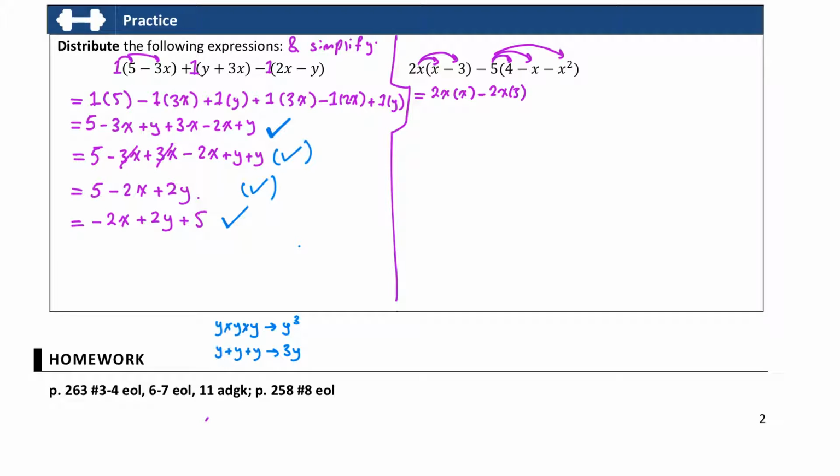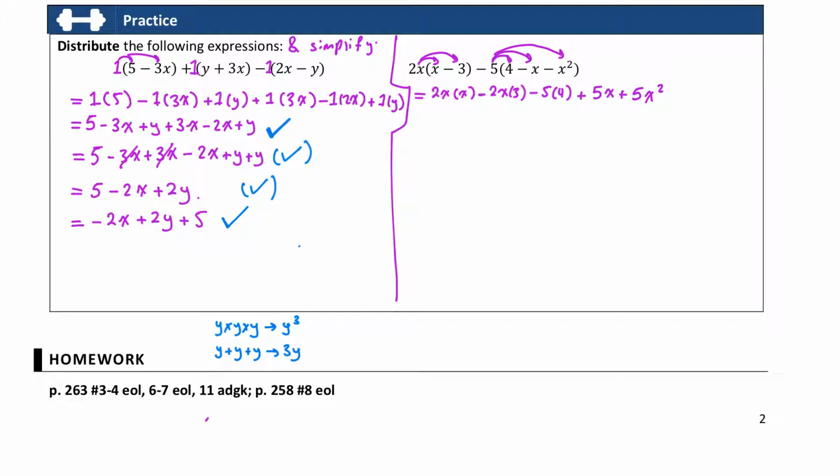And then I have negative 5 times 4, so that's negative 5 times 4. And then I have negative 5 times negative x, so negative times a negative is positive. And I have 5 times x. And finally, I have negative times a negative, which gives me positive. And I have 5 times x squared